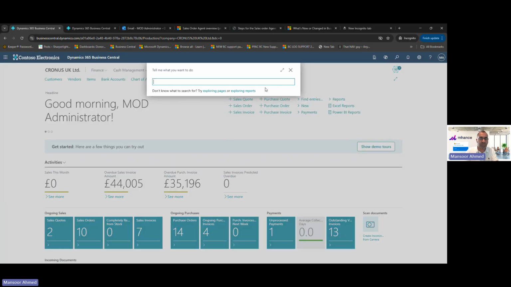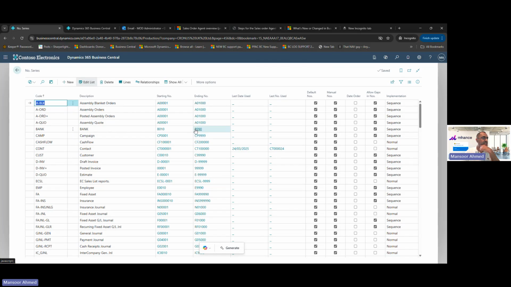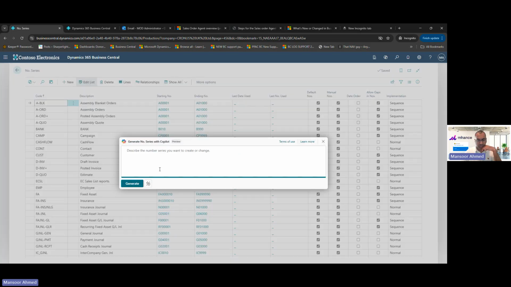So another little example of this is, again, you probably wouldn't be coming in here too much, but you can come to an area which is number series. In number series, this is where all your numbering is. So you can see here again, I've got the Copilot icon, which has appeared straight away. I can come into my Copilot icon and I can say number series. So I can say something like cust, which is one of my ones in here. This is the customer one already. You can see cust, and if I wanted to update something, cust